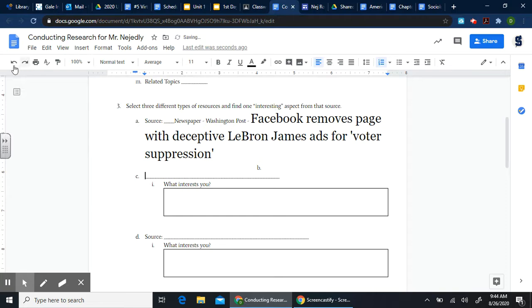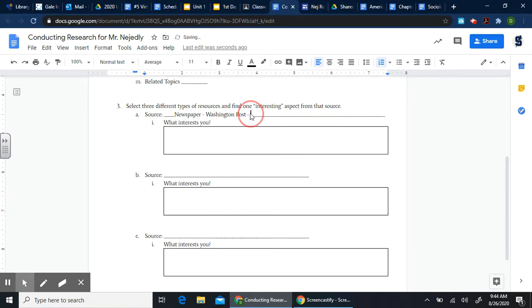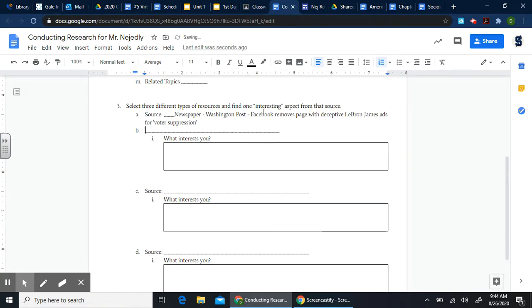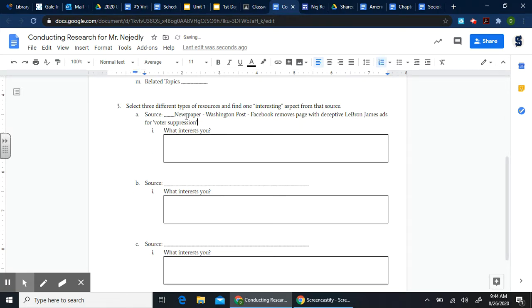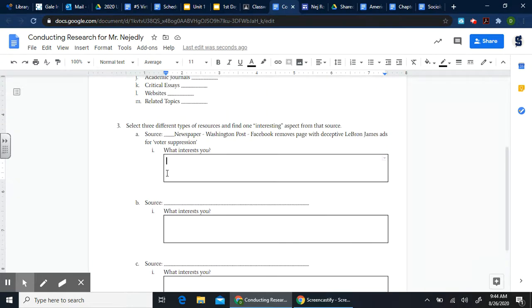I can paste it. Oops, not that way. I meant to do without formatting. All right, I don't need this, sorry. Just get rid of that. And so here is my source. It's a newspaper from the Washington Post. Here's the title of the article, what interests me. All right, and this is where I'm going to write, after I read it, whatever you found interesting about the article, 2 to 3 sentences would be fine. Okay, and you need to do this for 3 different sources. All right,